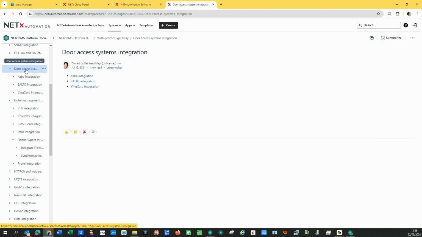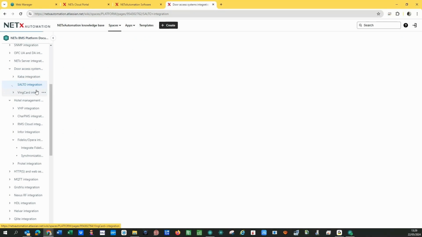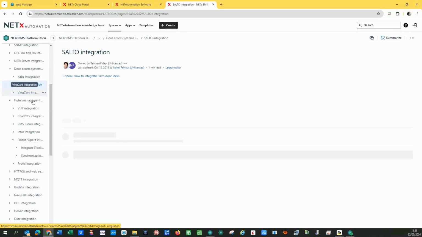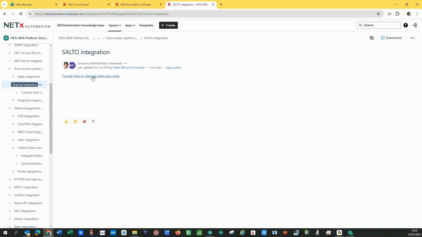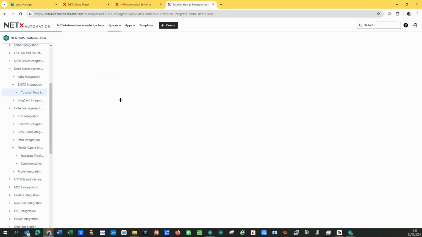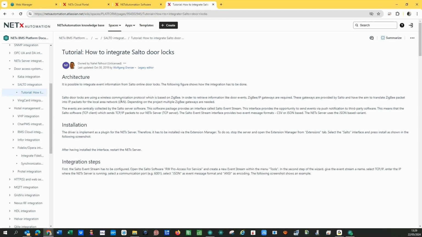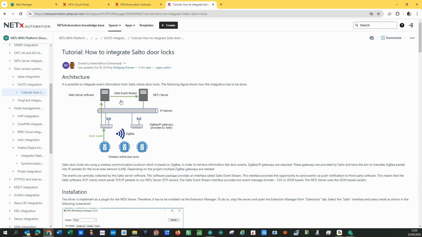But we have to understand how this works. I will put an example with Salto to start. How to integrate Salto door locks is the tutorial, okay? And again, we have to think globally about this integration, because the door lock itself maybe has a ZigBee interface. It has a wireless